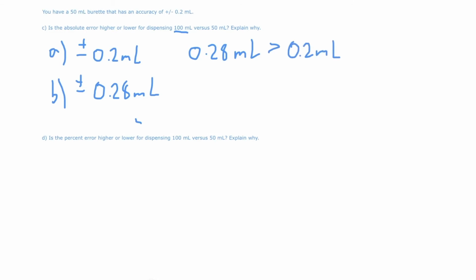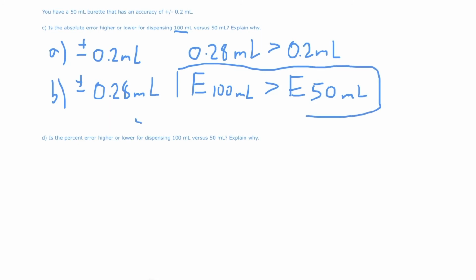That means the error for the 100 milliliter measurement is greater than the error for the 50 milliliter measurement, and that means we can circle